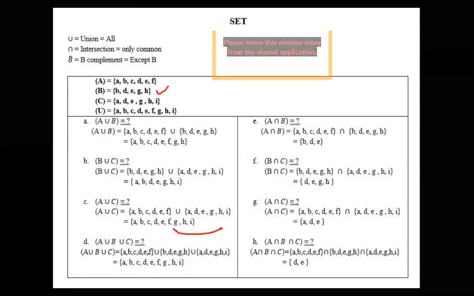B, C, D. Let us follow the alphabetical order. So A, B, C, D, E, F. After F, what will come? G. Is there G? Also write down G. There is H. After H, what will come? I will come. Is there I? I is also there. Let us write I. That means all are included. Alphabetically, we have written all the numbers. In this way also we can write them down.